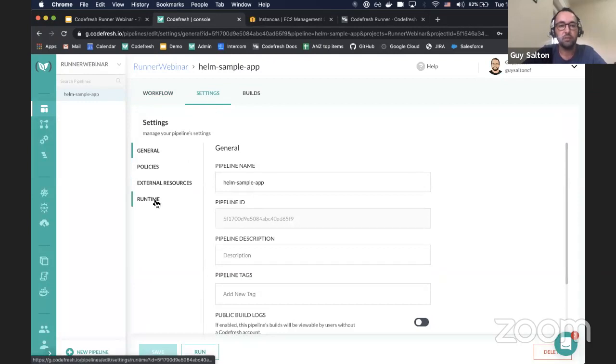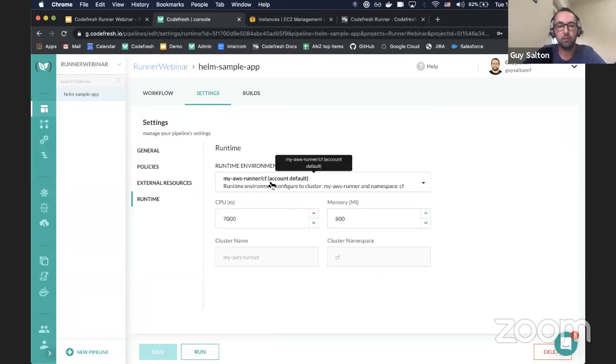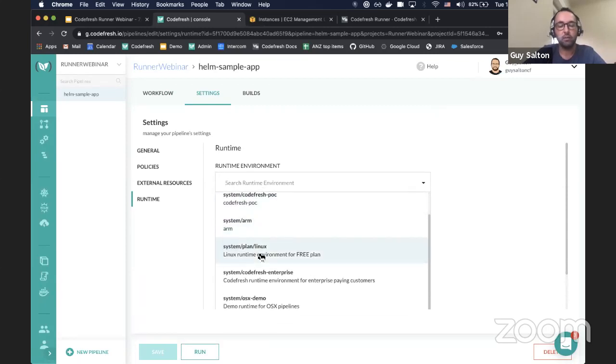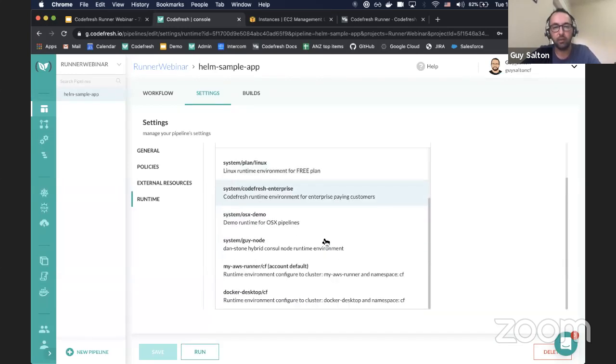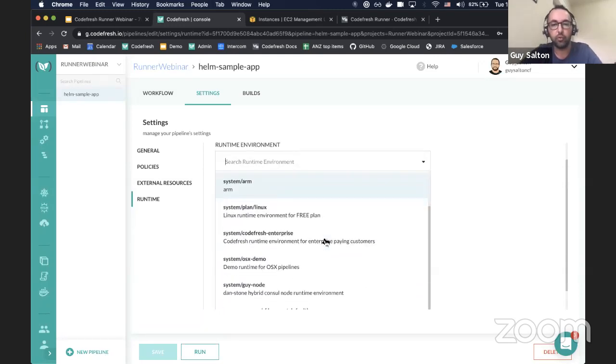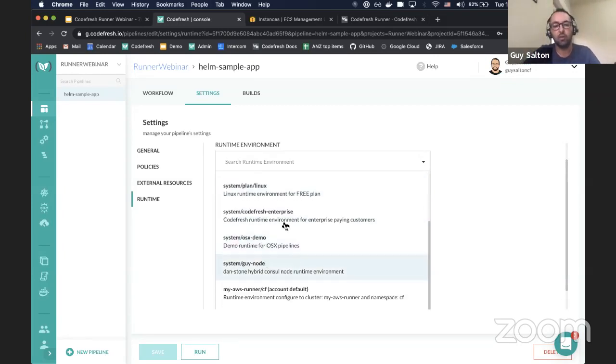So if I go to the settings here and then go to runtime, you see that it's currently running on my EKS cluster. Having said that, I can change and run different pipelines on different runtime environments, right? So let's say I have some IoT device that I want to run a build for. Codefresh has support for ARM architecture, or you want to run like a Windows container, then we also have Windows container support, and we can allocate such an environment to your account, or Mac OS builds,